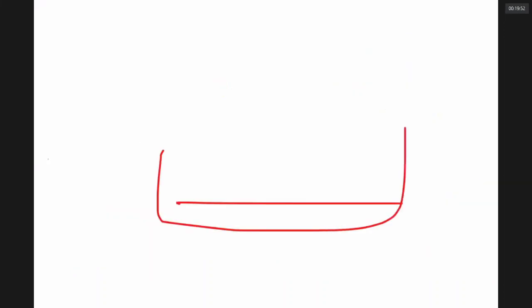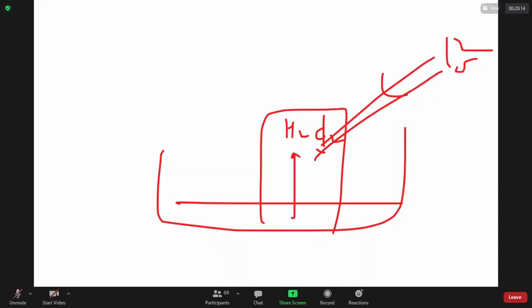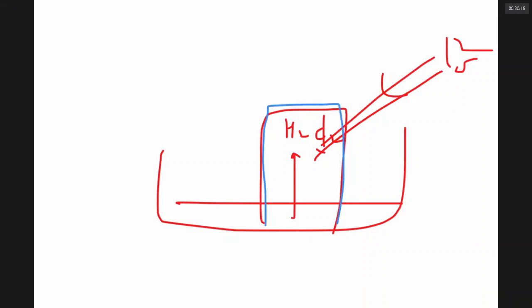Originally, it looks like this. The hydrogen and chlorine are there. It appears almost colorless, a very light green color you can't notice. And if I just focus the torchlight, what happens? You get a sound and water will go in, and so far it is a different color, but when it comes in, it gets what color, sir? Red color. So that is a demo indicating that hydrogen and chlorine would react in the presence of light, but they can't react in the absence of light.